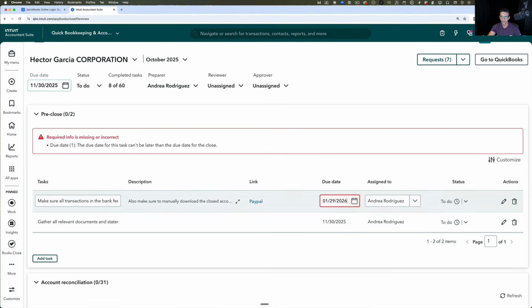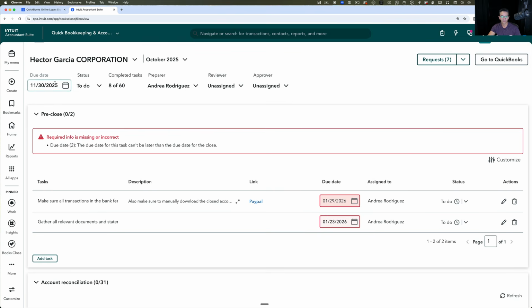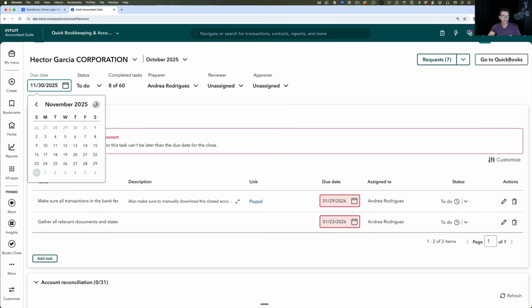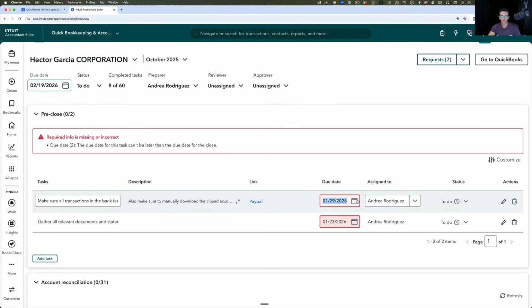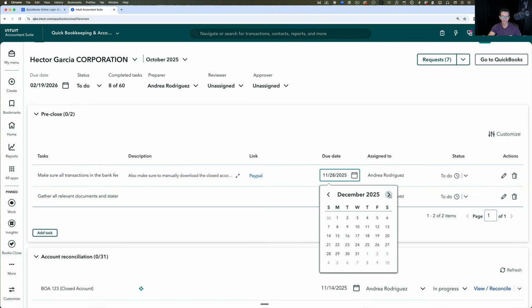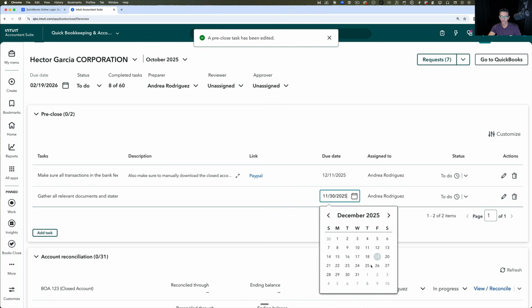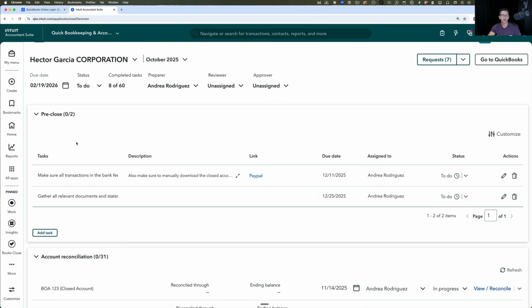So I can pick any specific due dates to any of these things, and if the due dates are after the fixed due date of the project, then you're going to get an error. So you have to change the entire due date of the project to something in the future if you don't want to get errors in these individual due dates for the specific tasks, right? So that's a really important piece. When you're changing the due dates of the individual tasks, they have to be within the overall due date of the